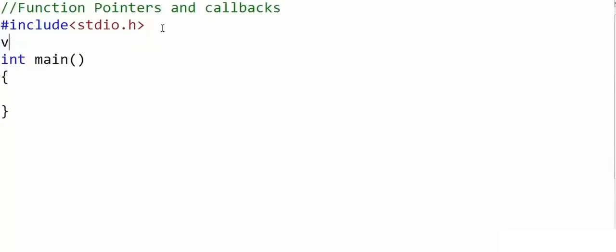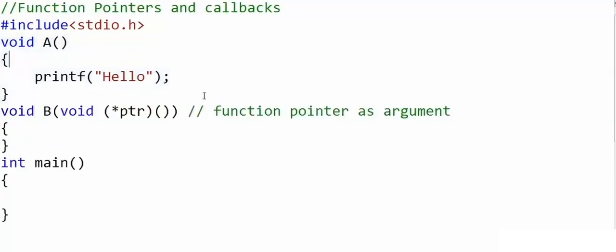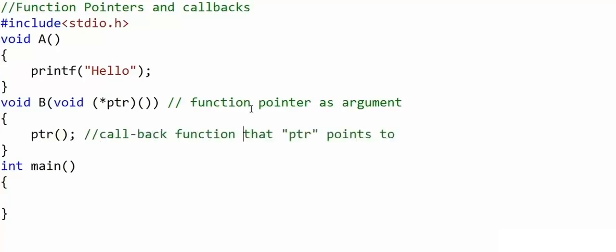First of all, I'm going to write a simple function named a. This function takes no argument, returns void, and simply prints hello on screen. Now I will write another function named b. This function takes a function pointer as argument. ptr should point to a function that should take no argument and should return void, a function like a. Now in b, I will simply use this function pointer ptr to call whatever function it's pointing to. Or in other words, I can say that I will call back the function passed to me